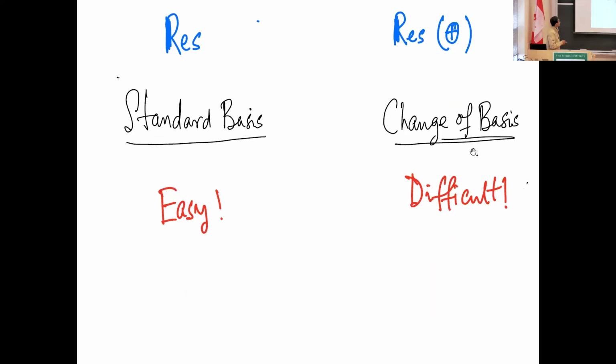But the important thing to remember here is that in resolution, you work with a fixed standard basis. So resolution has much more limited power. Whereas here, you can reinterpret your clause by changing basis. So there were two clauses which looked very different, but then you realize that there's a common basis in which you could resolve, which just doesn't exist in the case of resolution. And this is what makes understanding resolution with parities much more difficult, because you can arbitrarily change basis. There's no one universal basis.